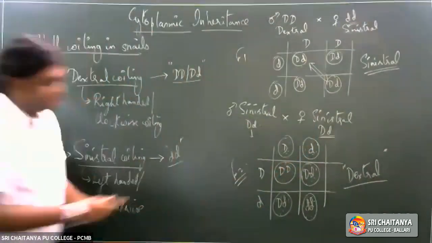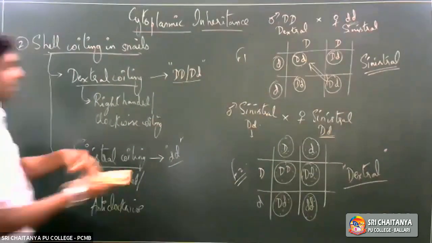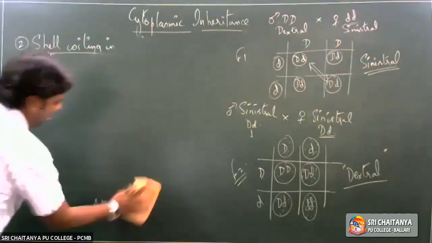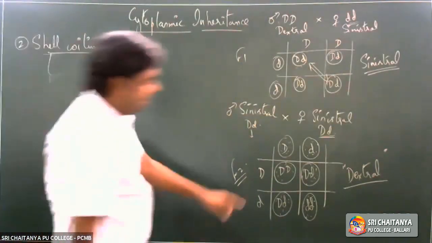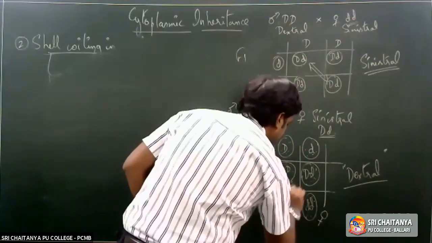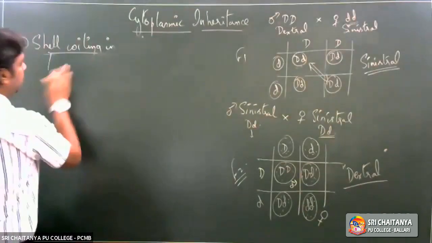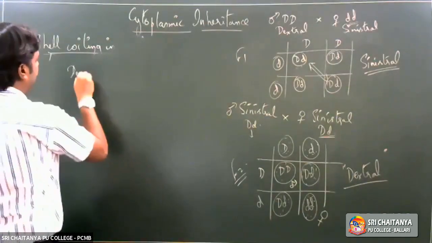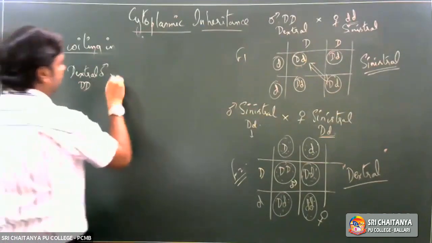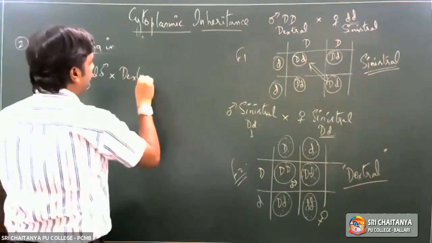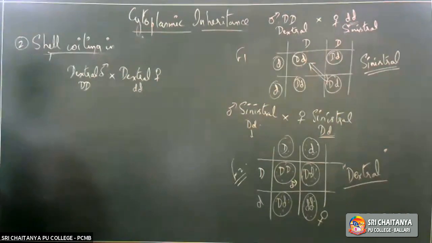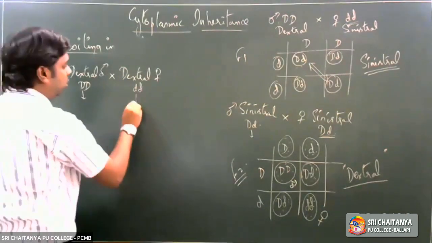Right. Now let us take up one more cross. So let's go into the next generation, that is the F3 generation. We'll see what happens in the F3 generation here. Let us take this to be the female here, and this is the male here. So in the F3 generation, a dextral male having a genotype capital D is again crossed with a dextral female having a genotype small d and small d. Now this again will produce gametes, and this also will produce gametes.